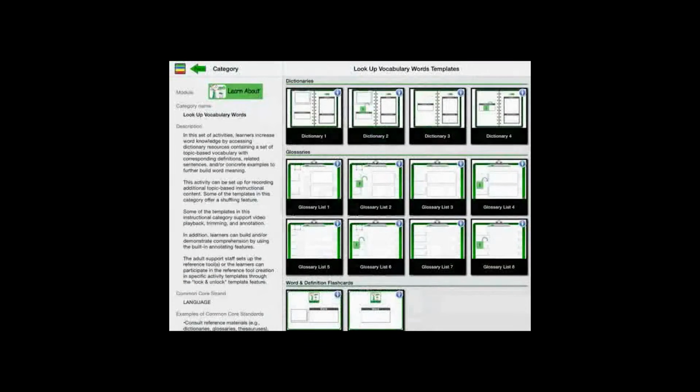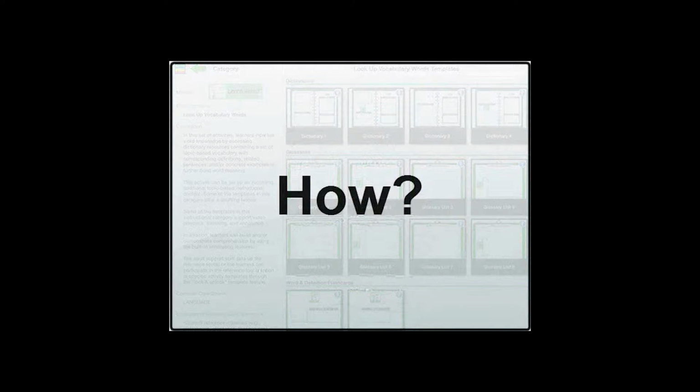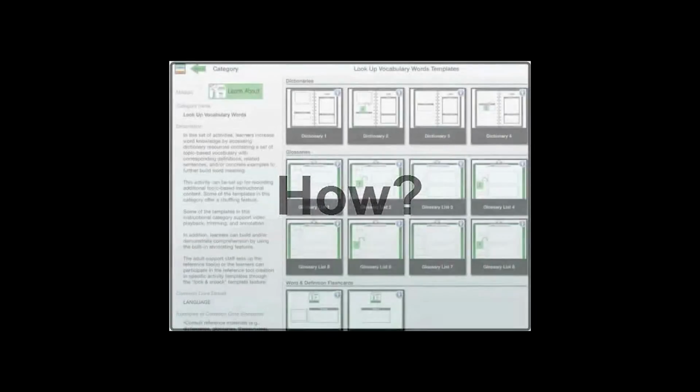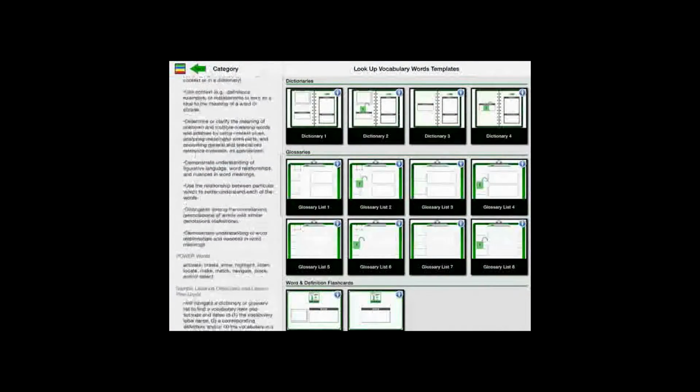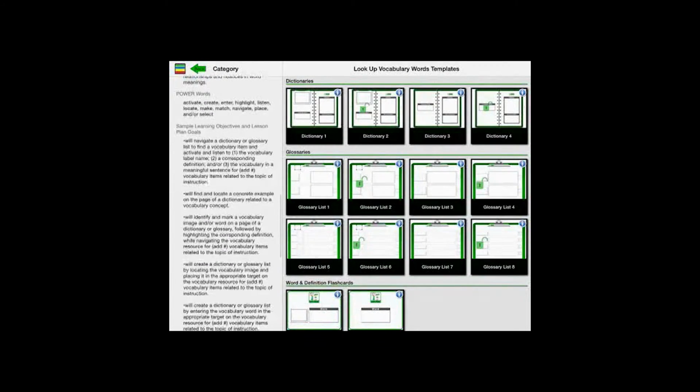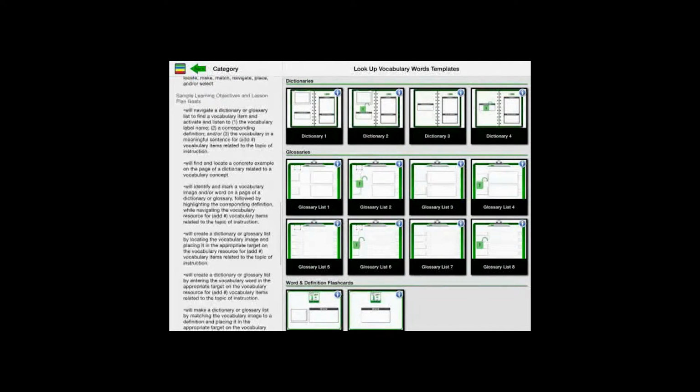And we also need to know how to use the activity in a way that offers learning objectives or lesson plan goals, not just using an app activity for the sake of using an iPad to keep kids or adults busy or entertained. Rather, we need to know how this app activity fits into our instruction in a way that's measurable.